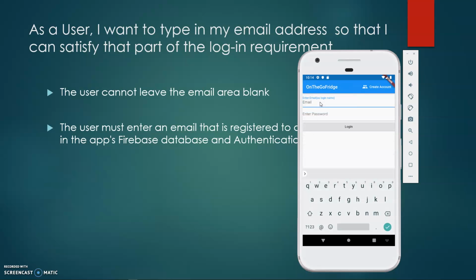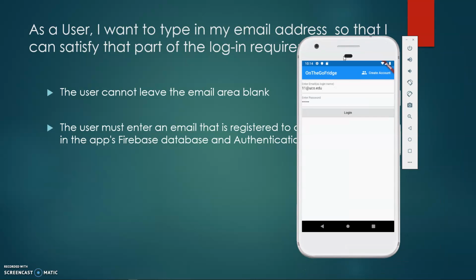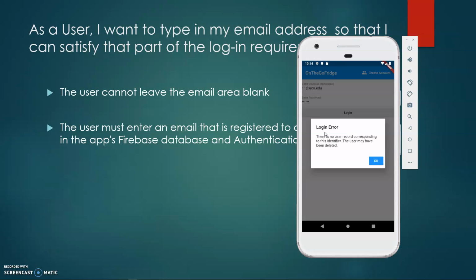So if I enter, say, 11@uco.edu as of right now, I'll just enter... Oops. As you can see, since there's no record, since I typed in the wrong email,